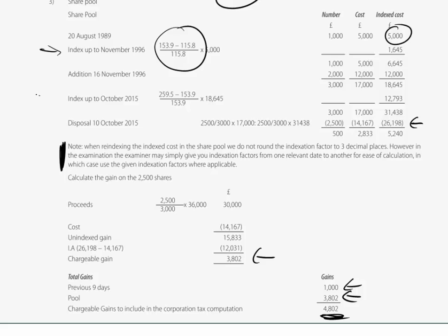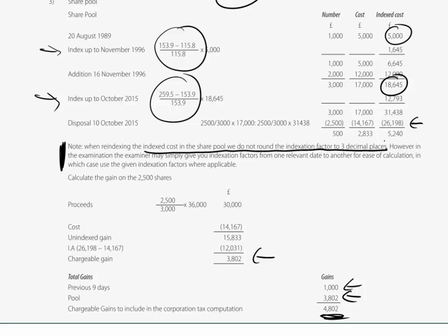When we then re-indexed through to October 2015 from November 96, again we picked up the relevant RPIs, left them in the calculator and multiplied through by what was the balance then on the index cost column, 18,645. Absolutely. We note that when re-indexing the index cost here in the share pool, we don't round an indexation factor to 3 decimal places. But what might happen in an exam question put there by the examiner to help you,